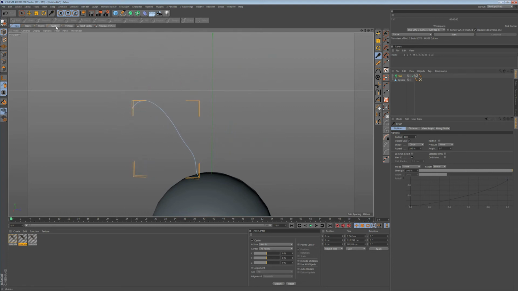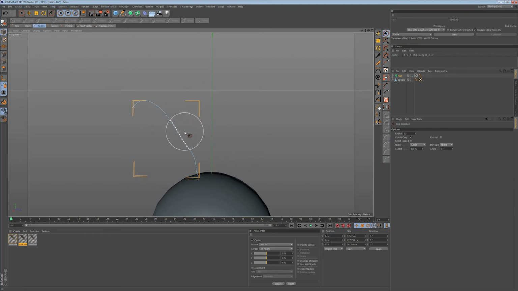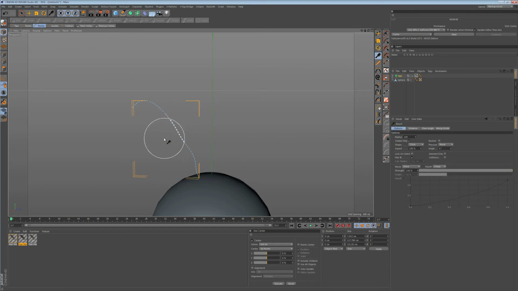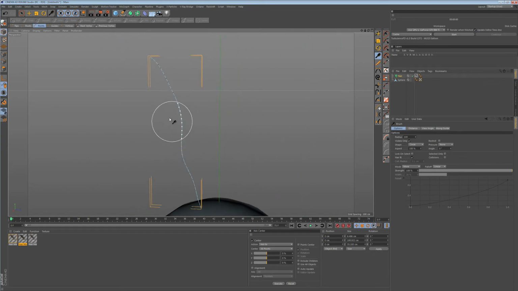But if you want more options, you will need to use the other ones. Root is more important when you want to select only the roots. Then you have Points. I generally don't use them, because Point is when you want to select very precisely one or two points from a guide. What I'm going to use is the option Guide itself here,